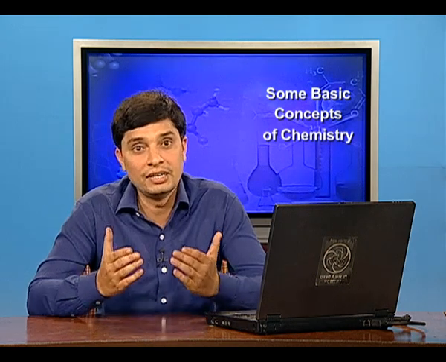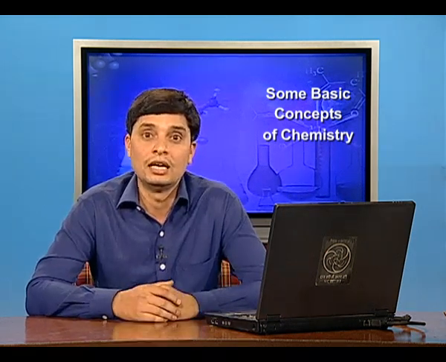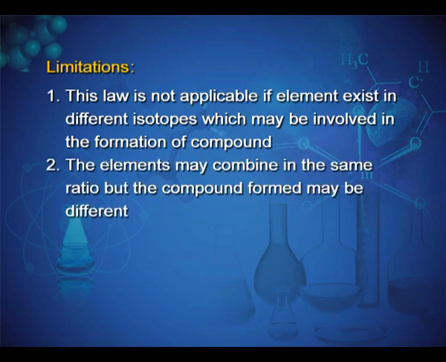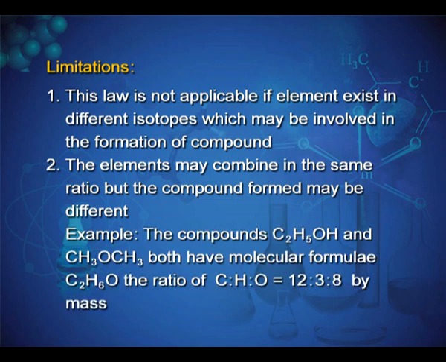There are certain limitations of this law also. The first is that this law is not applicable if the element exists in different isotopes, which may be involved in the formation of compounds. Second, the elements may combine in the same ratio, but the compound formed may be different. We will take an example. The compounds C2H5OH, that's ethanol, and CH3OCH3, that's dimethyl ether, both have the molecular formula C2H6O. The ratio of carbon, hydrogen and oxygen is